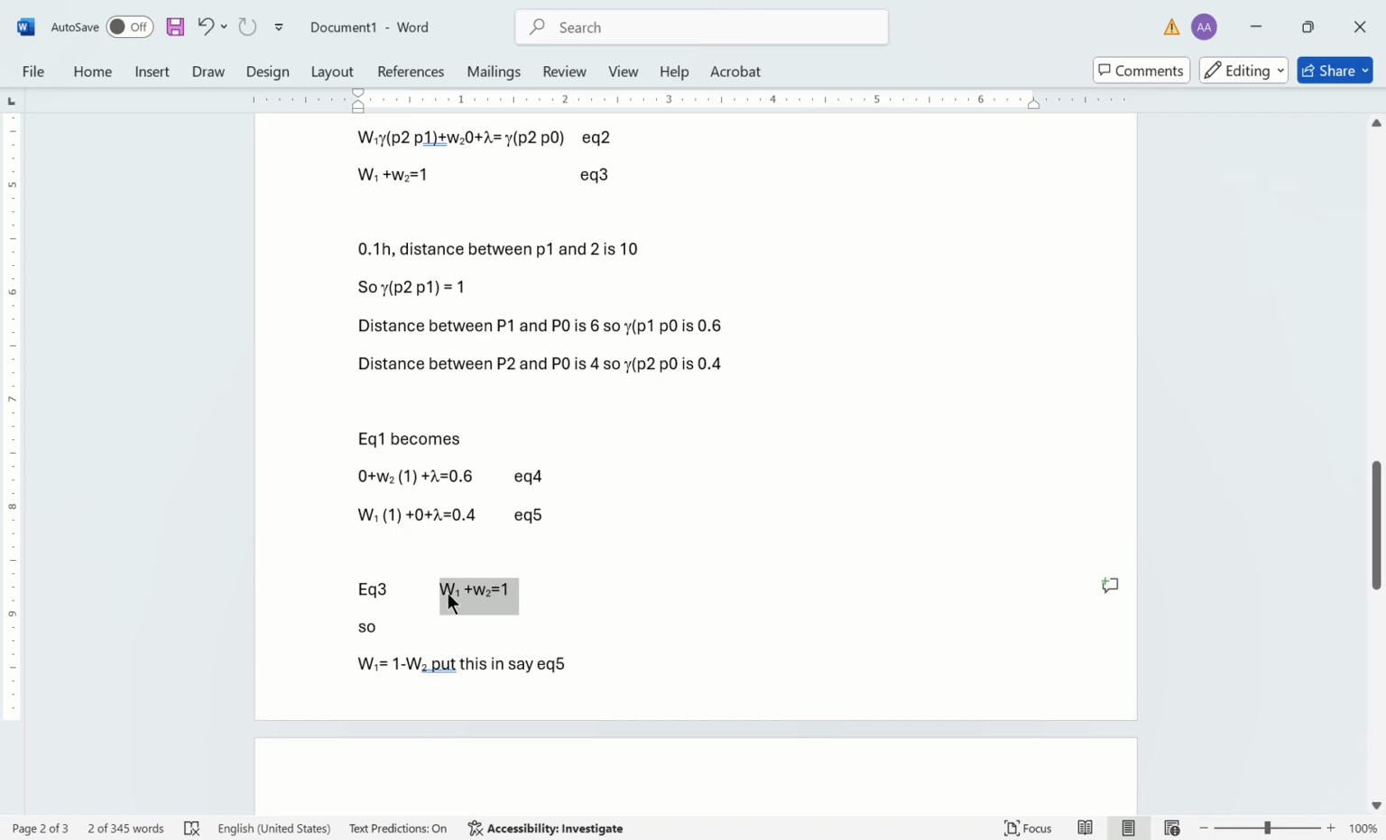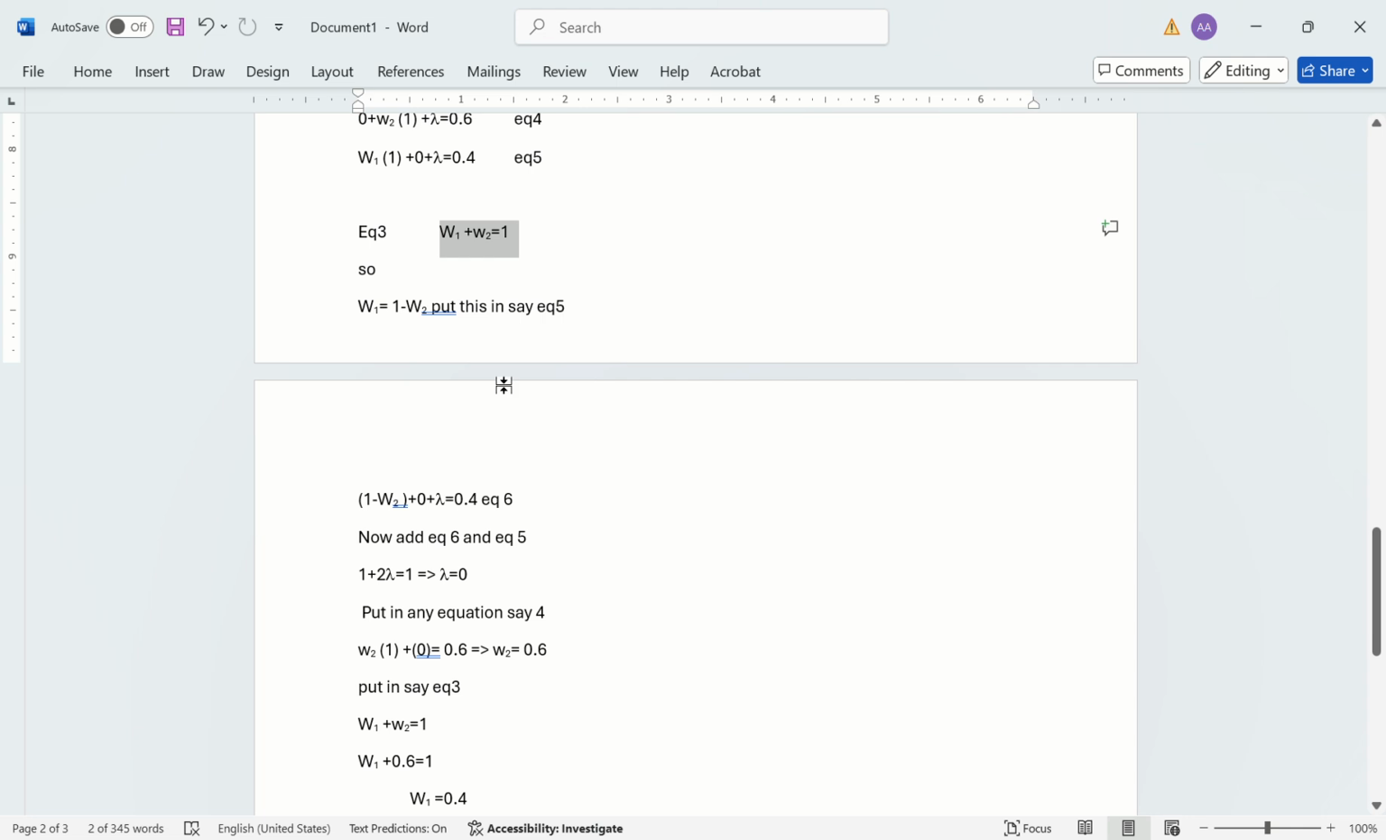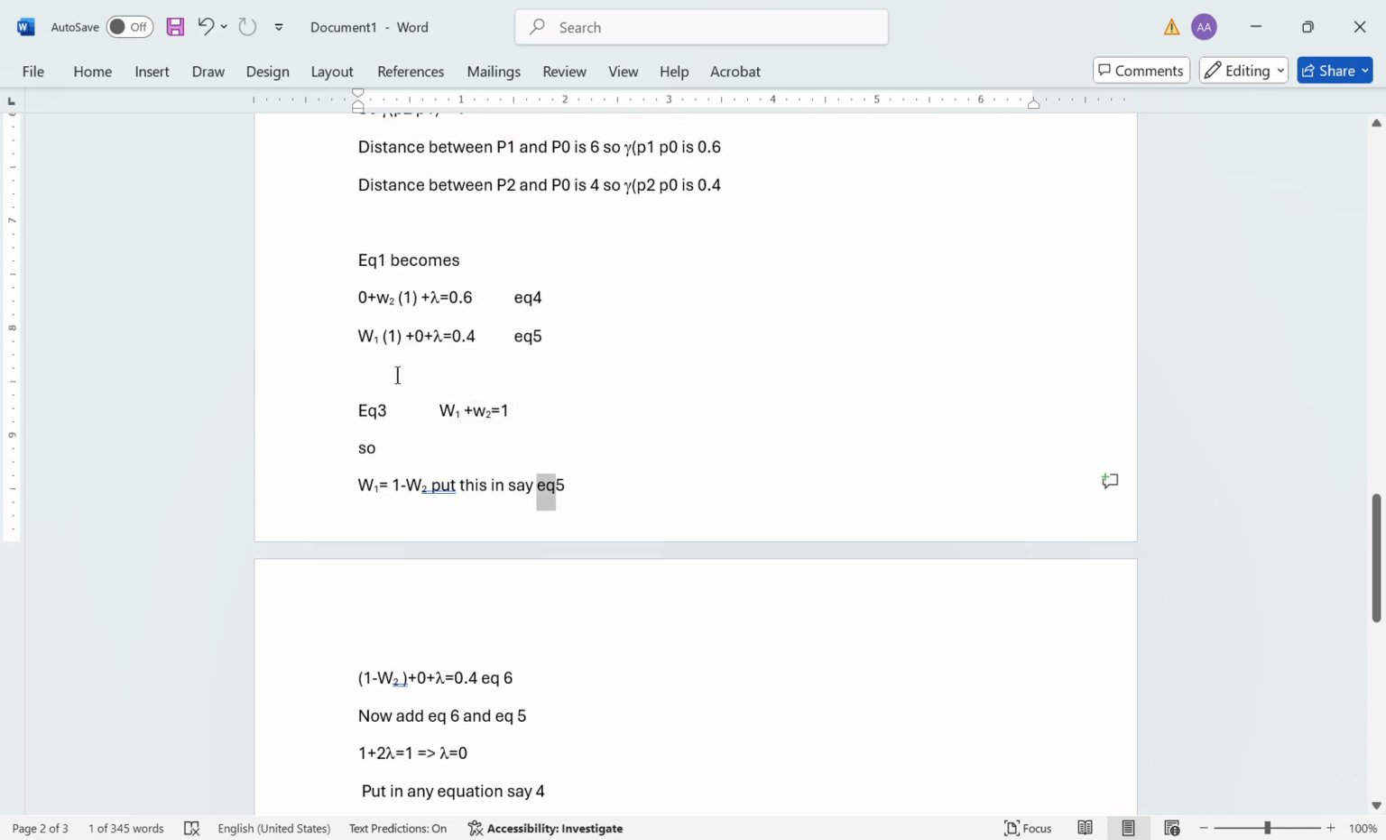And the third one, as it is, W1 plus W2 is equal to 1. So suppose we write it in terms of W1. W1 equals 1 minus W2 if we shift it to the other side. So putting it in equation 5, which is over here, what will we get? We will get 1 minus W2 instead of W1 plus 0 plus lambda plus 0.4 as it is. So now we have this equation, which is equation 6, and we add it with